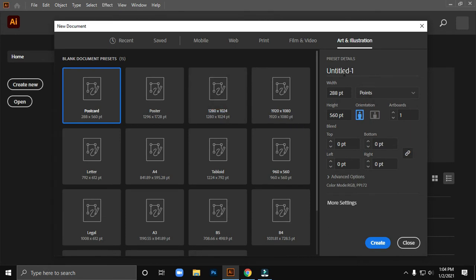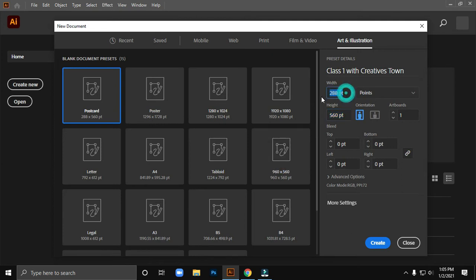So in the right we can see the custom Illustrator file settings. In the top we can see it is the file name. So let's change our file name to class 1 with Creative Town. Okay, so here is our file name. Here is the width and the height. Width means the range of a file, or the spread of a file, or the thickness of a file, you can say. And the height means how long your file will be.